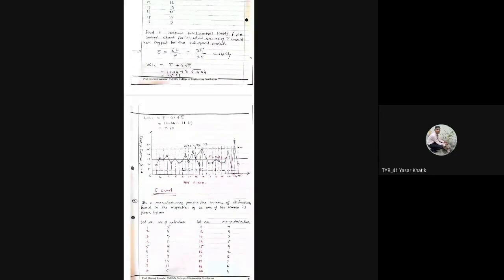Then we have to calculate the average value, that is 14.04, and again go for the upper limit and lower limit. The formula is C bar plus 3 under root C, and for the lower limit, C bar minus the same value. Once you get the upper limit and lower limit for the particular chart, you can draw the final chart and give the statement. Very easy problem. We just have to remember the basic formulas for the X chart, R chart, C chart, P chart, sigma chart. Once you understand the process, you can go for the final solution.